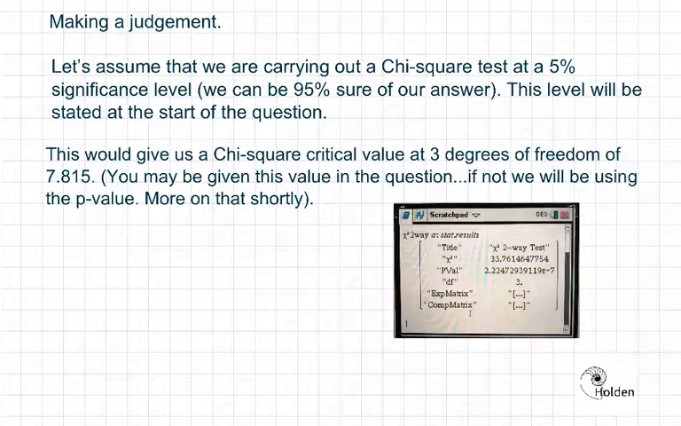I'm just dealing with the calculated value that we've worked out. You will be given what we call a critical value. The critical value of the chi-squared at 3 degrees of freedom is 7.815. If you're expected to use this value, you will be given it in the question. If this value is not given, then we'll be using the p-value, and that's coming up. So we're going to compare 7.815 against our calculated chi-squared value,